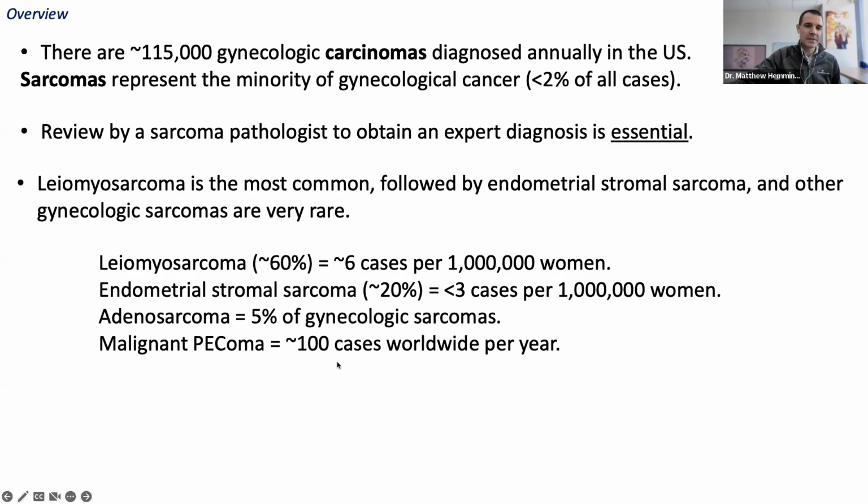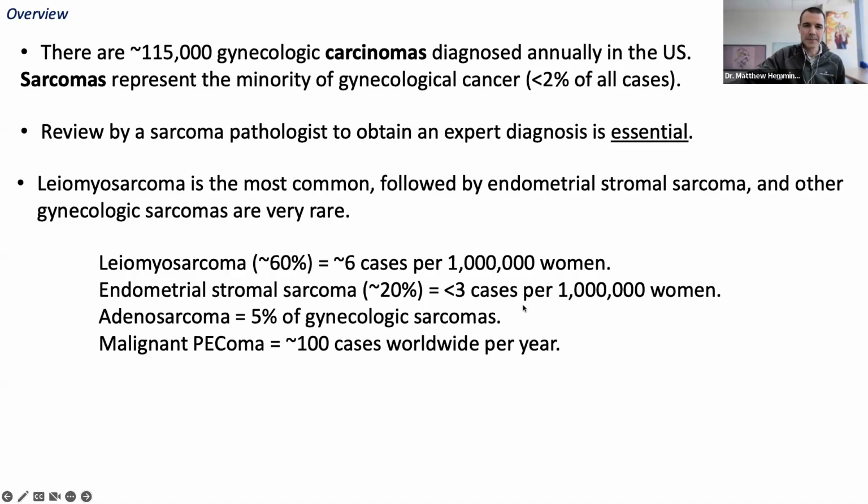Here are a few examples of incidence. As I'd mentioned, leiomyosarcoma is about 60% of sarcoma diagnoses in the gynecologic tract, and this translates to about 6 cases per 1 million women. Whereas endometrial stromal sarcoma, as I said, is about 20% of sarcomas of the gynecologic tract, and maybe there's less than